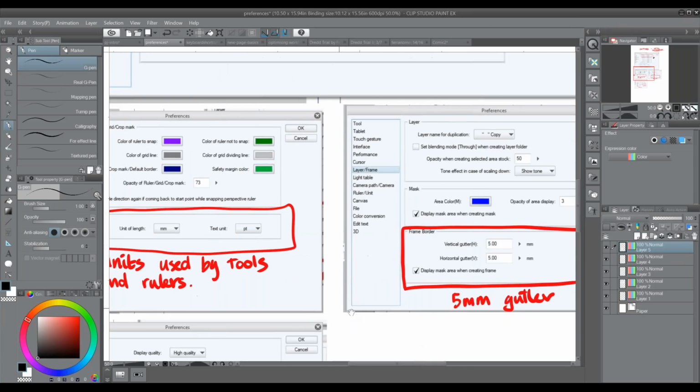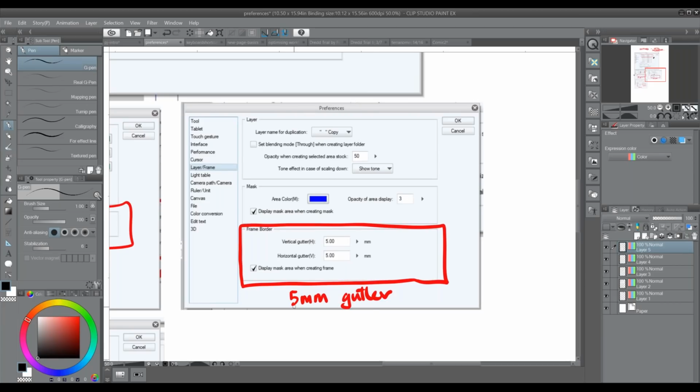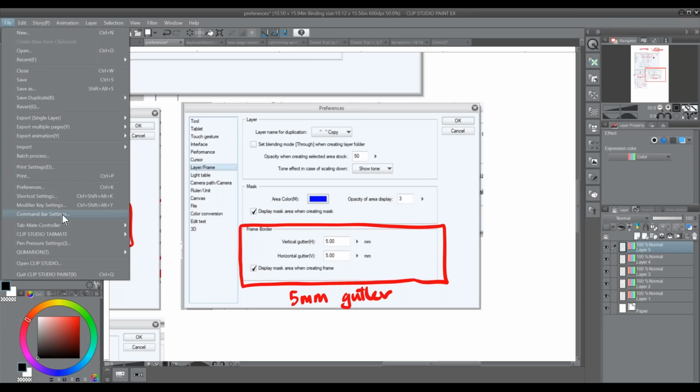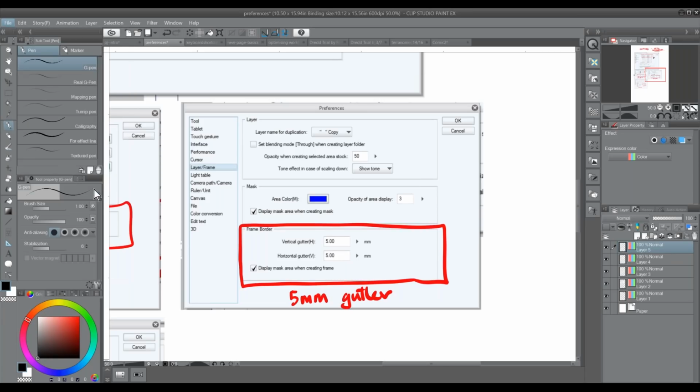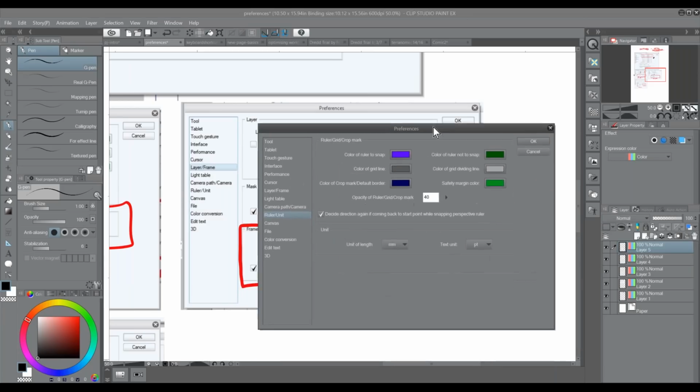Hopefully I'm not going through these too quickly. Now I'm going to show you another preference. This is for setting up panel borders. I will change these now, but we'll come back to doing panel borders later. This is about consistency. You may actually quite like the way that Clip Studio defaults on these